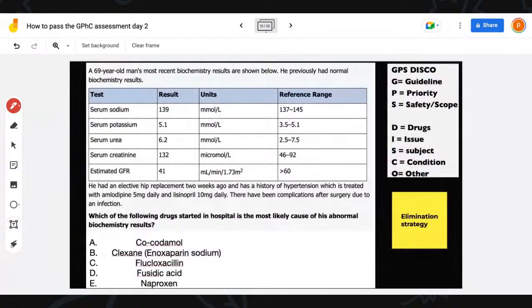Someone's asking how much harder the mocks are than the actual exam. I went through this yesterday in day one. Please look at what I said in day one. The mocks tend to be harder, but not just harder, they're inconsistent. They're not properly reviewed like the GPhC does. They're not as clear, they're not as concise. So they're not a true reflection of the questions you're going to get in your exam.